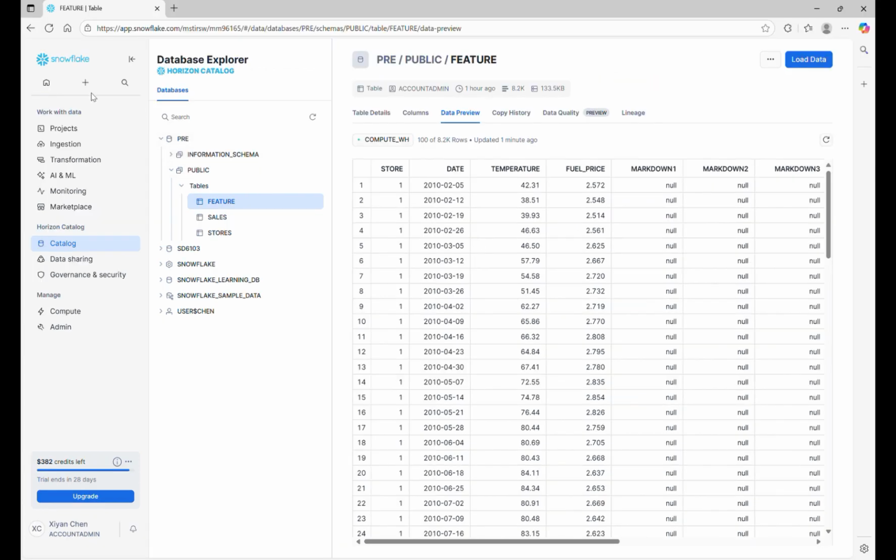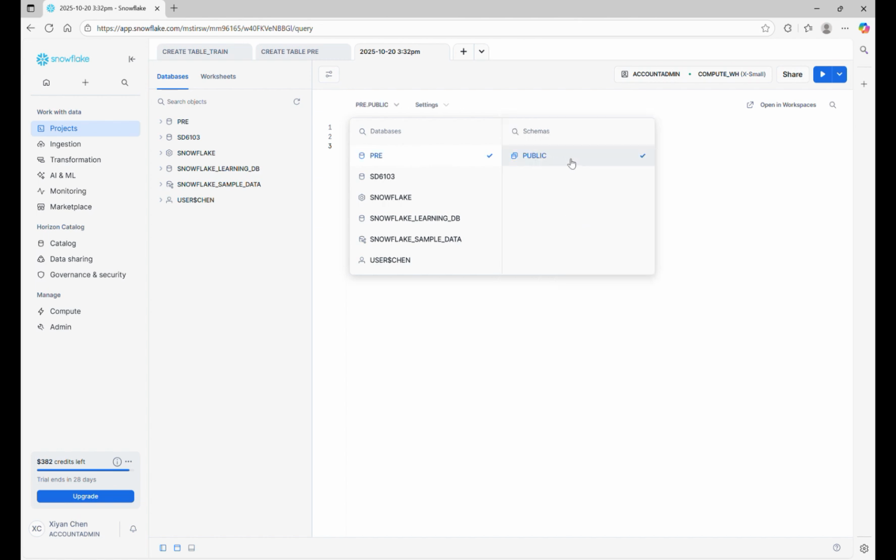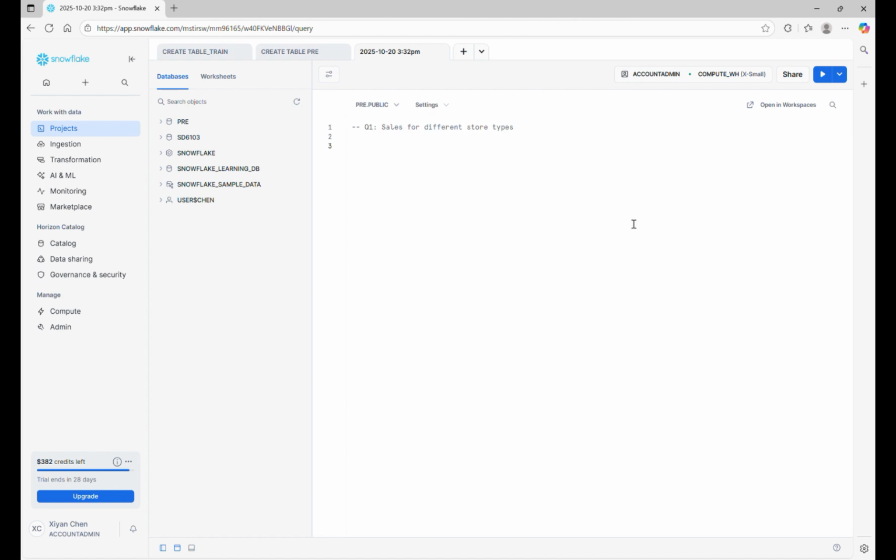Now let's start our first query. Let's say our first question is to see which type of store will bring us most of the sales. Before starting our query, we need to select the database we are working on. Let's say we select pre and the related schema is public. And now we can put our code here